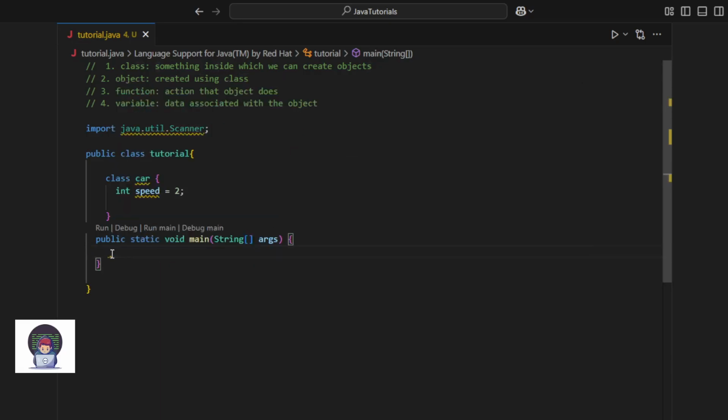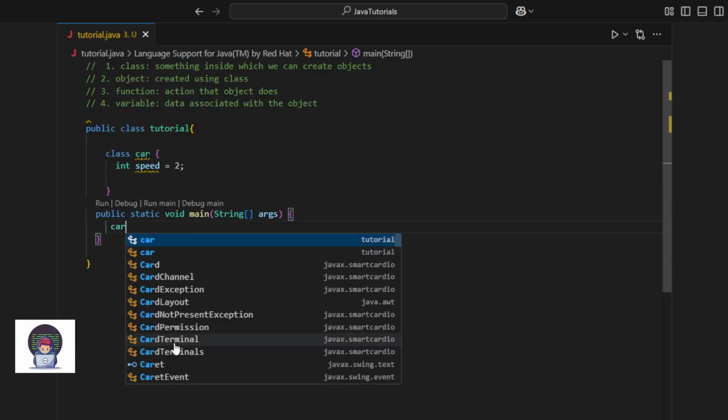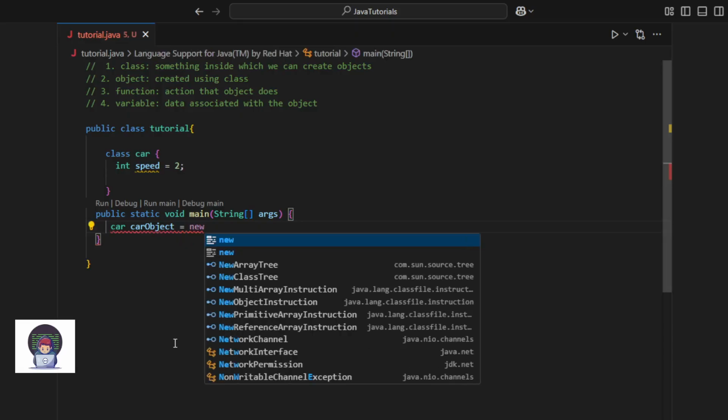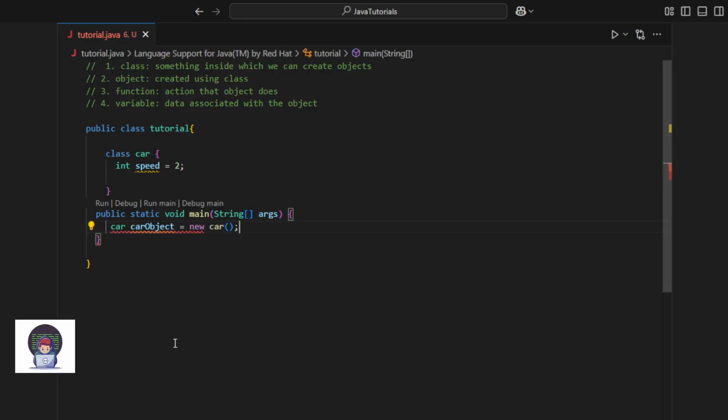We can do the same thing here. How will we do it? Car. This tells us what we are making a copy of. Car, and let's set its name to car object. Car object is equal to new car.